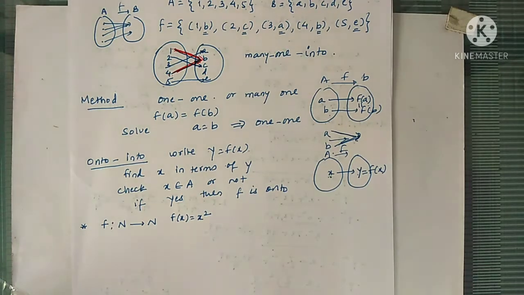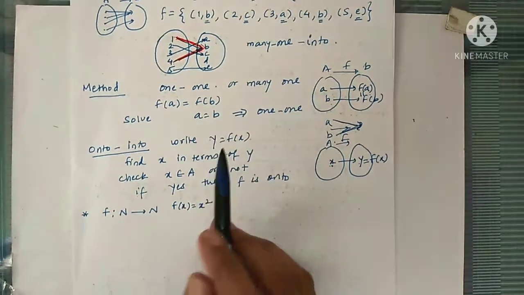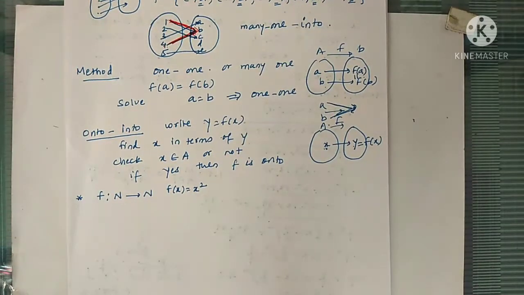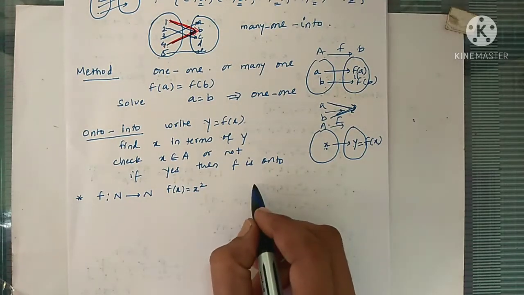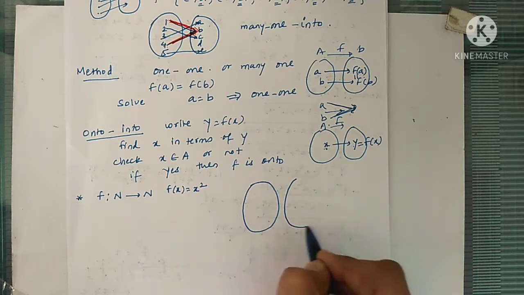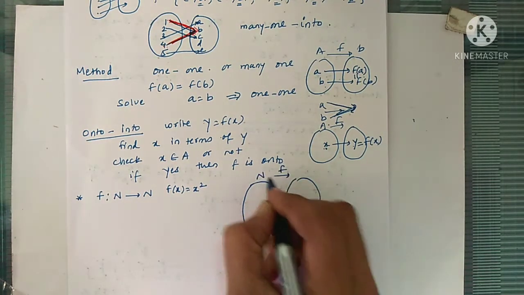Now we don't have an arrow diagram here or ordered pairs. The function is given in terms of a formula. If it is given in terms of a formula, to check whether it is 1-1 or many-1, by writing like this also we get the result. But as it is, it's really easy if we draw the arrow diagram.